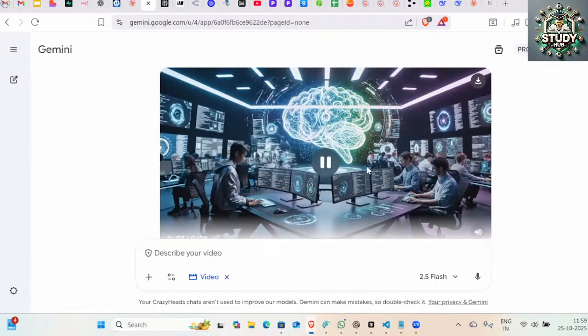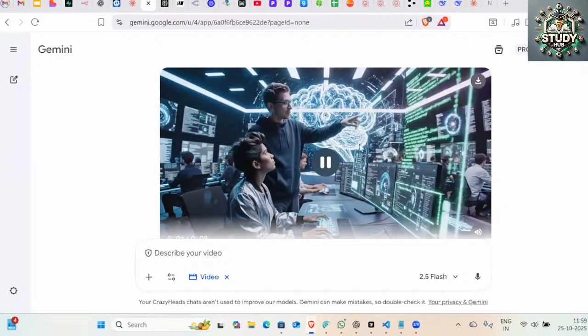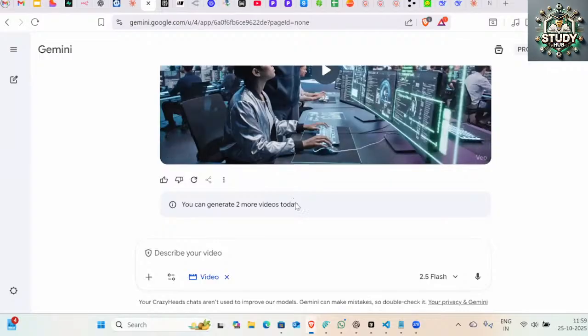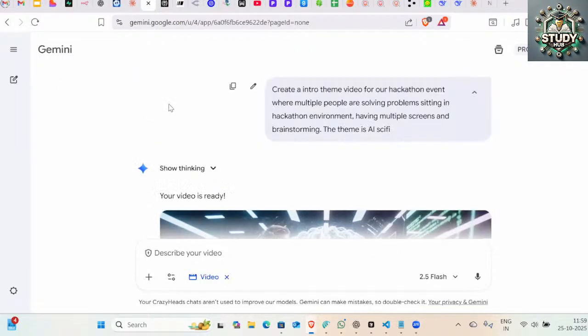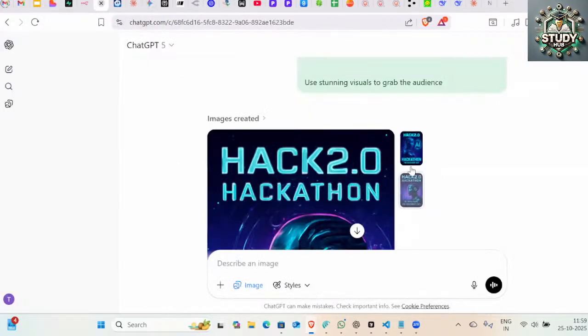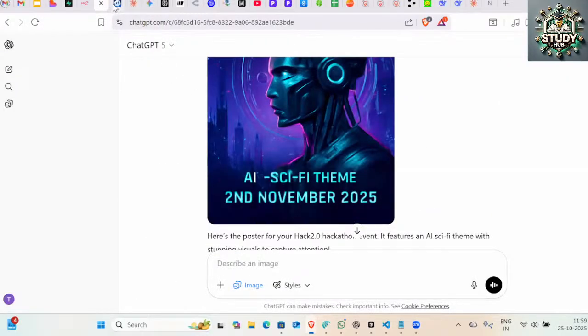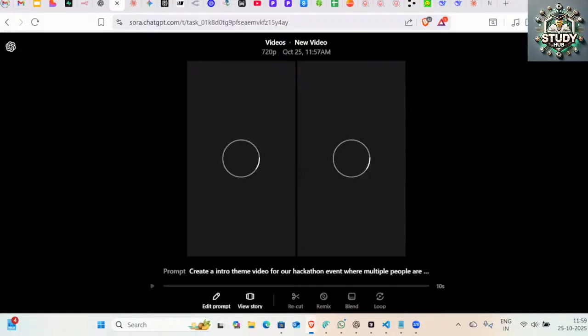A lot of people are working, with different setups and reroutes of the data screens, and we are doing some hackathons. You can see that you can generate two more videos. I'm also using this version, so that is the limitation we have as of now. Let's see if the Sora output is there, or I'll come back. I think it's in a queued state as of now. Once it is done, I'll come back and show you the output.